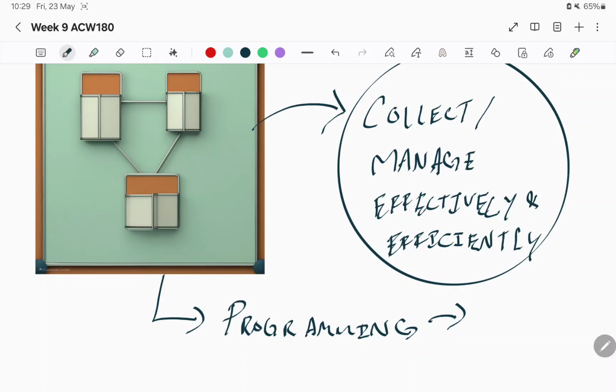So the solution is not only on the database, but you also need to create certain scripts or programs to execute, or basically to build up your solution. But don't worry, these are all just borderline, just general, okay? You will go into depth in ACW180, in the level 2. This one is just to tell you that